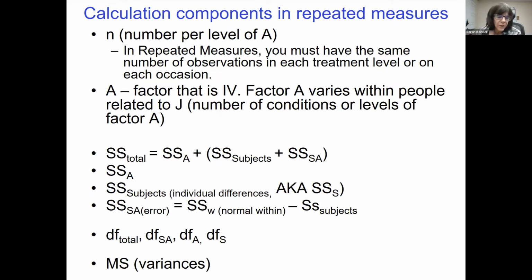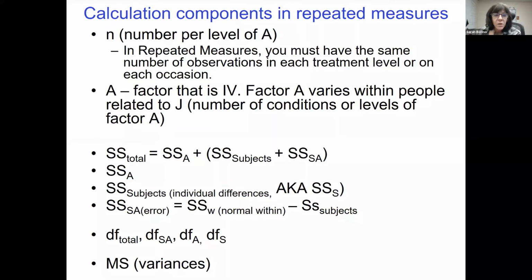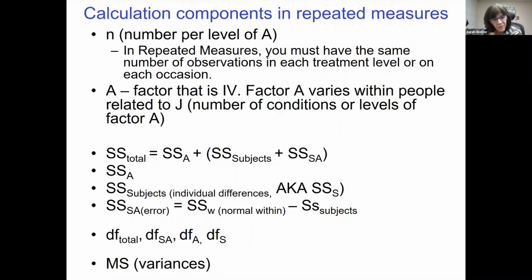So you might say, well, why don't we skip directly to the mean square variances, the mean squares? But because you want to compose multiple mean squares, you have to have all the sums of squares components. So your total sums of squares is everything. It's the